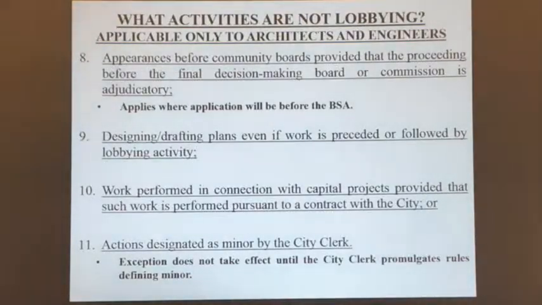I don't think there's any architects or engineers in the room, so I won't go through extreme detail, but just point them out. If you become involved with an architect or engineer, just make note of the fact that they are required to report less activity than everyone else, any other profession, any other company.